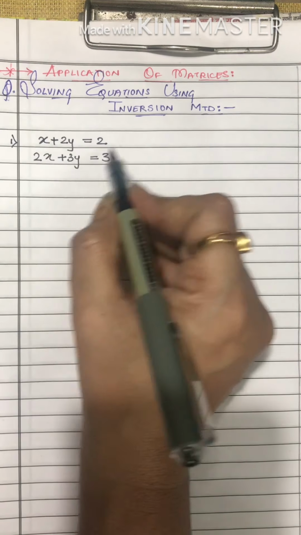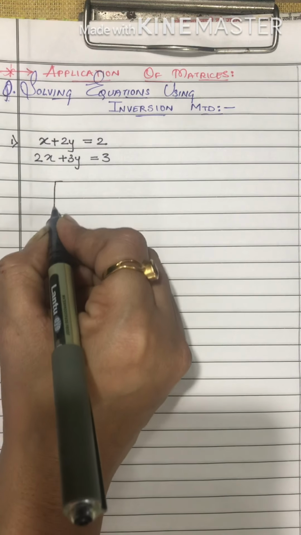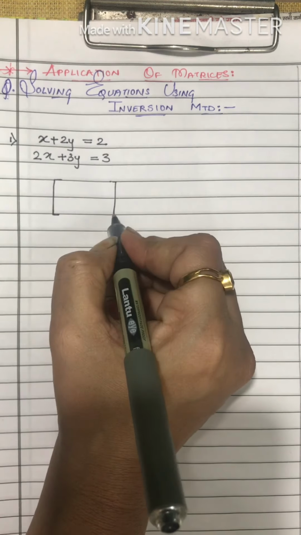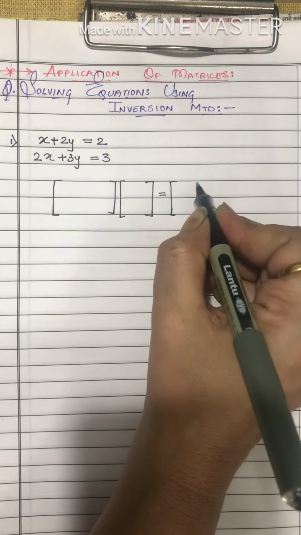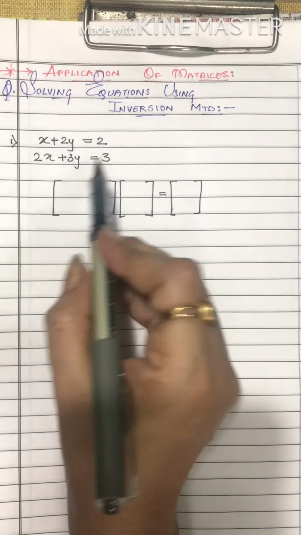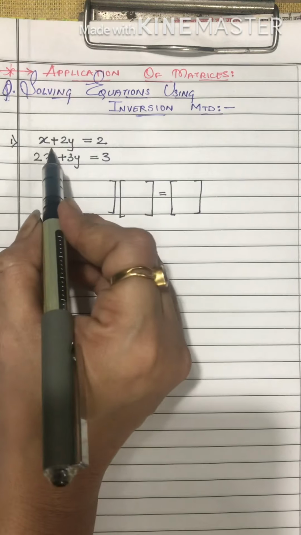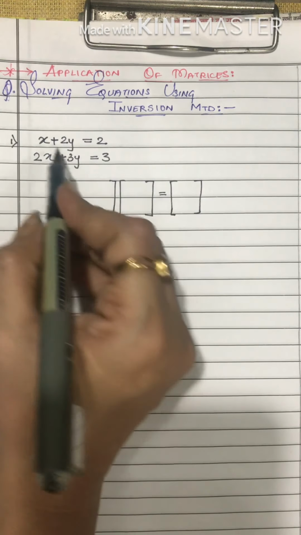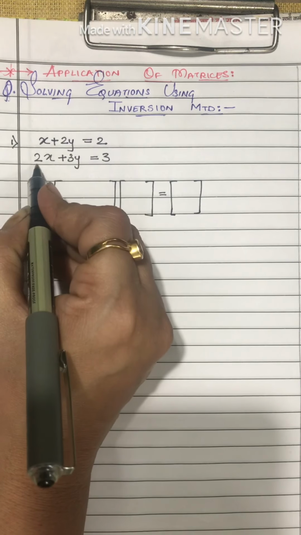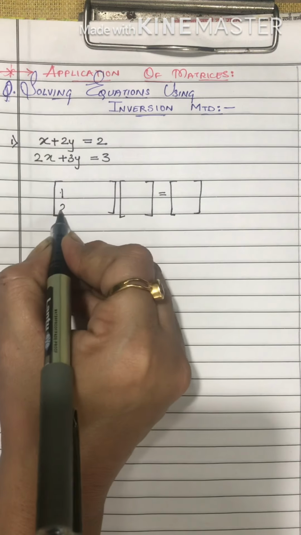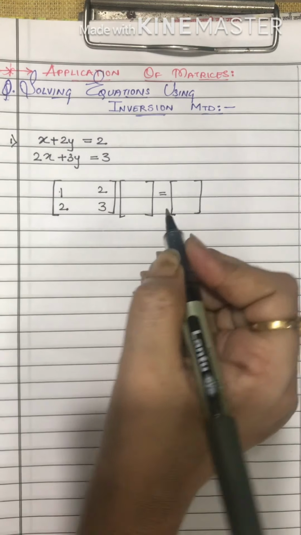Very first, I am solving this sum by using the inversion method. So what we do, we write the given equations in matrix form, and that can be done in this way. Just check out how I am taking the matrices. The given equations can be written in matrix form as, now very first one will be a 2 by 2 matrix wherein two variables are used. So we will be writing their coefficients like this. Coefficient of x is 1 and in the second equation 2. So I write it here. Coefficient of y is 2 and 3. So we write it this way here.